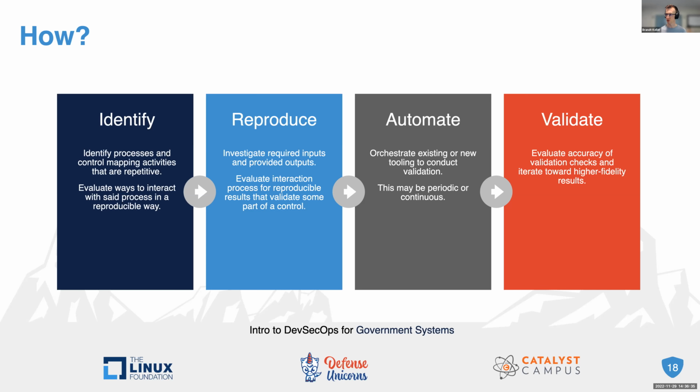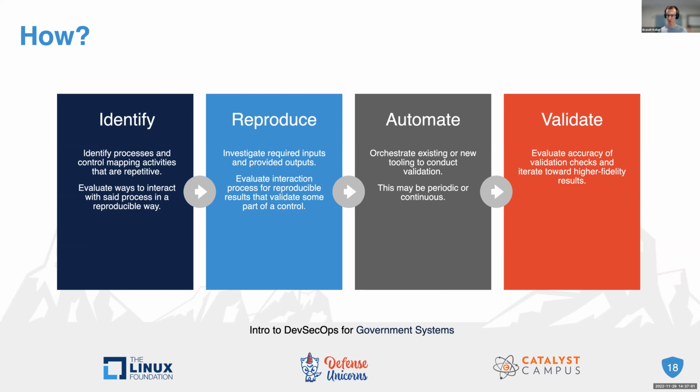We can start reproducing that, right? Am I able to go and check something? Am I able to access an API and say, what information do I need in order to prove out compliance? Can I automate that? Can I run that, even if it's just periodically, right? Even if it's every night, every week, something gets us moving in this